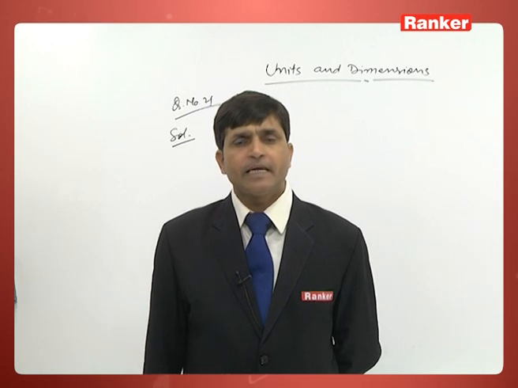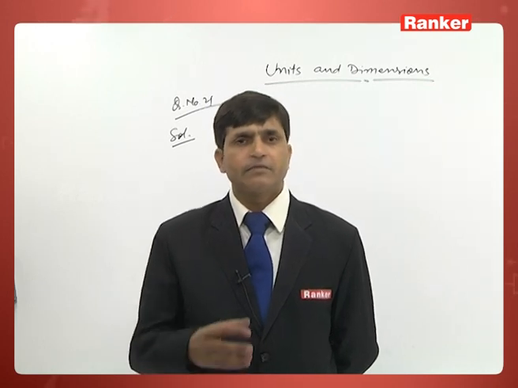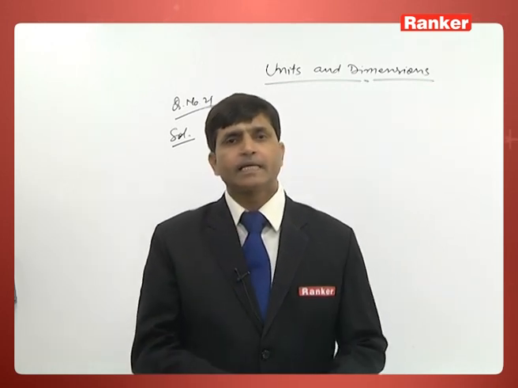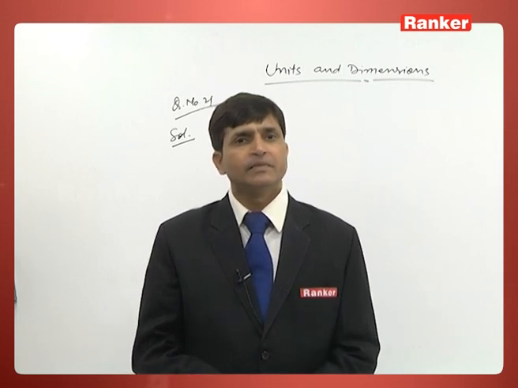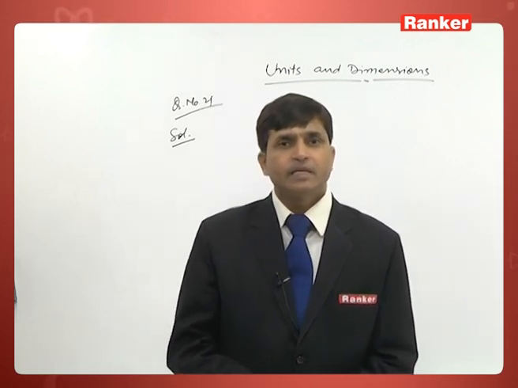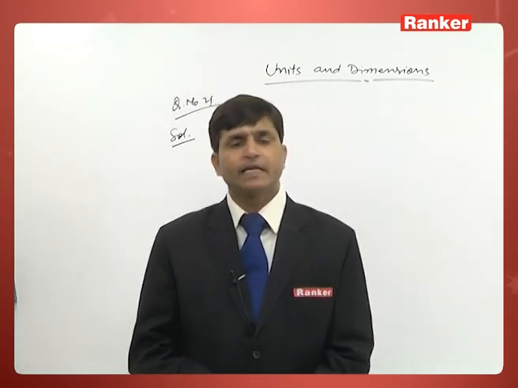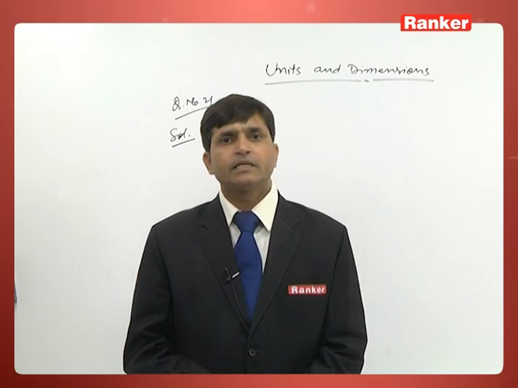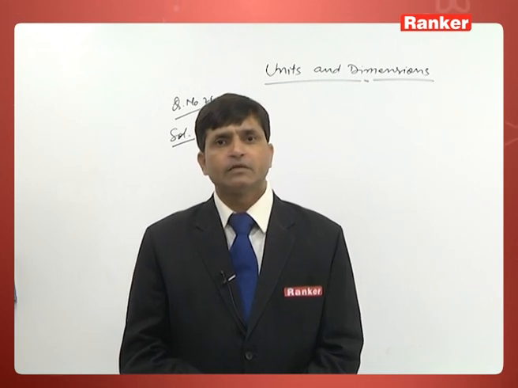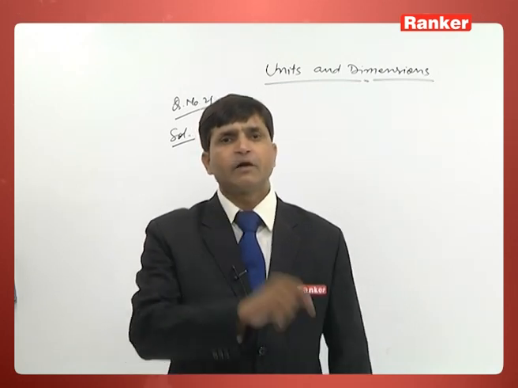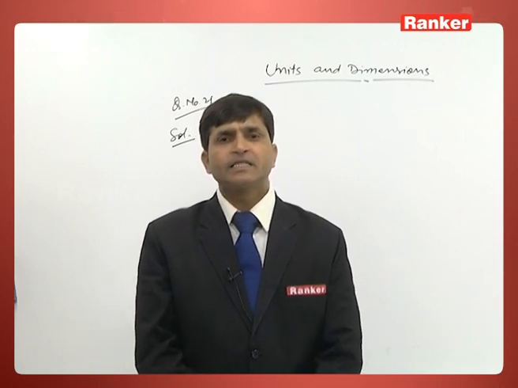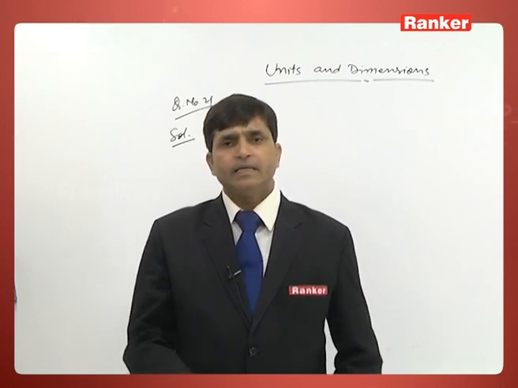That is one part, and then we have to check which of the vernier scale calibrations coincides with the main scale. Similarly, in case of a screw gauge, first we have to check where the circular scale zero, or at which point the reference line of the main scale, is lying